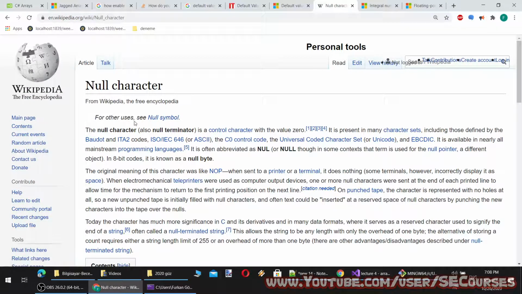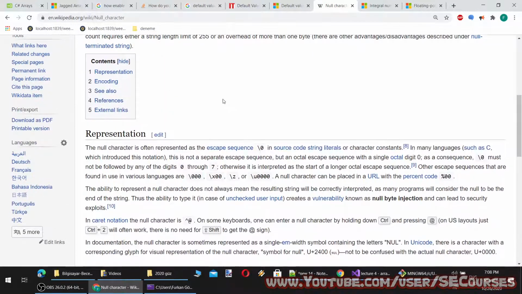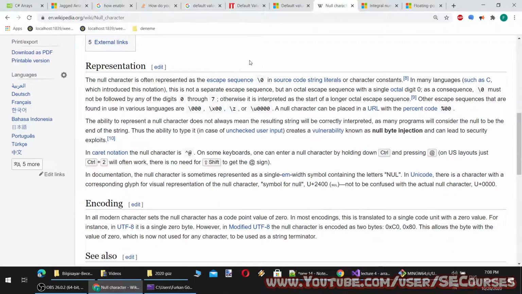Okay, so this is also equal to null. That means there is no character.